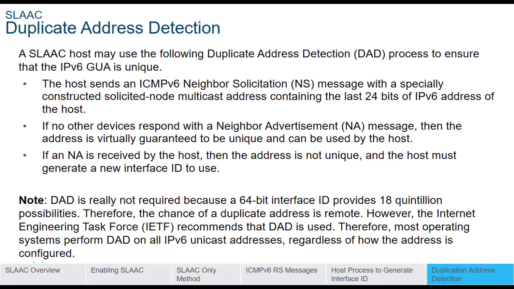So this was basically to do with the last 24 bits of the IPv6 address of the host that was created. If no other devices respond with a neighbor advertisement message, then the address is virtually guaranteed to be unique and can be used by the host. So you see here, we've come up with more terms: router advertisement, router solicitation, neighbor solicitation,